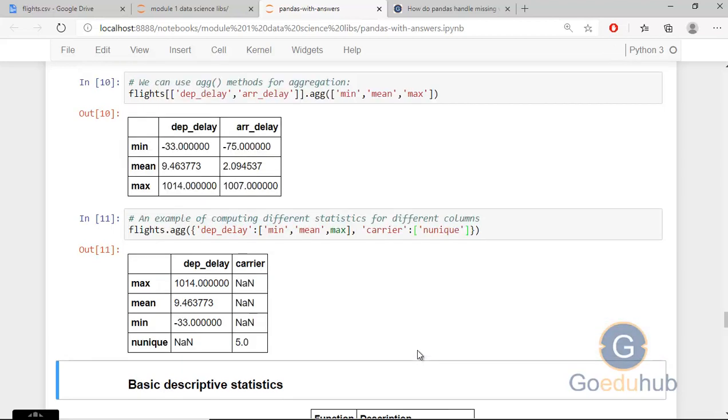So I can run this block and you can see the output: for departure_delay the maximum, mean and minimum values, and nunique for the carrier, and the other values for the carrier are NaN. So like this, we can handle missing values in pandas.